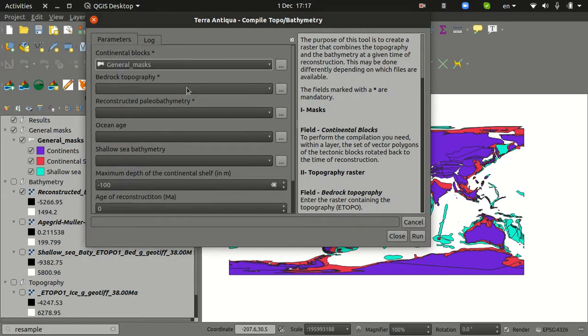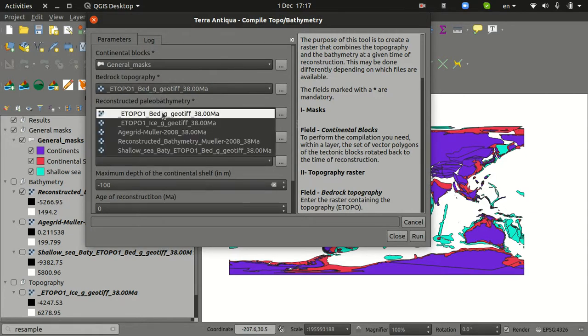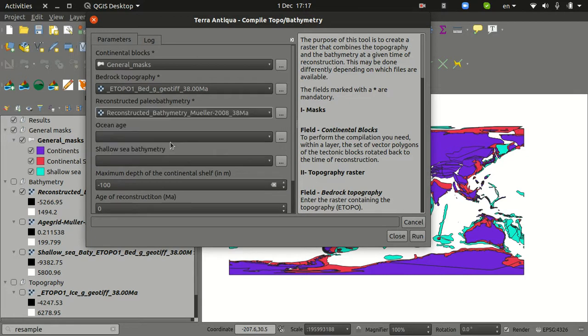So let's select general mask, then we need to select our eTopo bedrock topography, and we can also select reconstructed bathymetry. Here I'm using a reconstructed bathymetry by Mueller et al. 2008. You can also use ocean age, but the ocean age grid that we have today doesn't